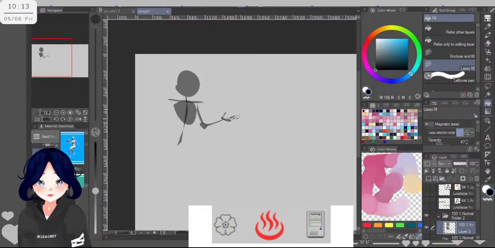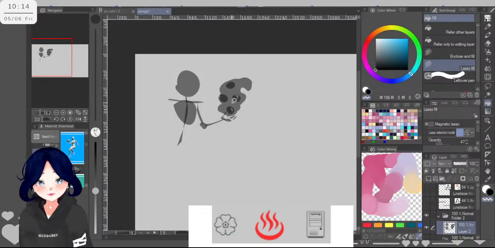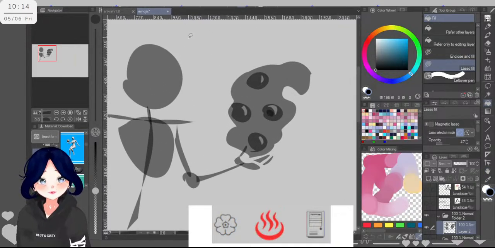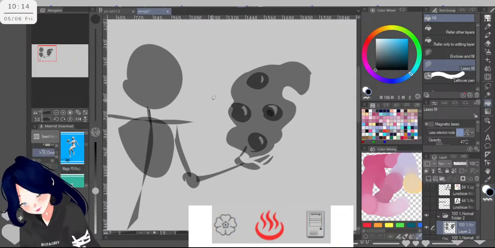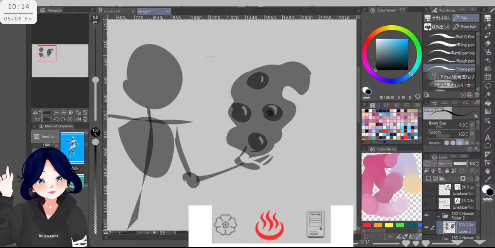So we have the hand here. Let's make maybe like that, and then the balls. So this is supposed to be hot water. Hot water bubbles. And for the other parts, I'm more confused.